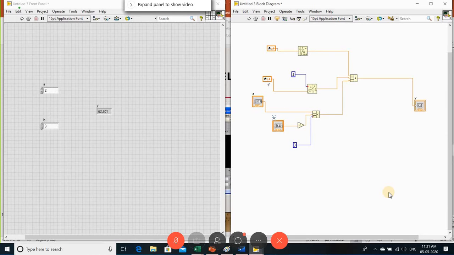So the more local variables you use, the execution of your program becomes a bit slow, not very slow. That's why you don't use many local variables. We can use them whenever necessary, but simply don't use too many, because it reduces the speed of execution.